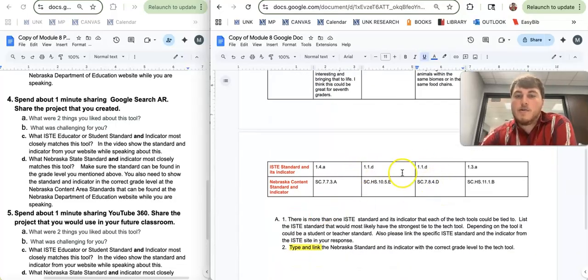So for this one, I used the same ISTE standard as the last one, just talking about emerging technologies and students being able to use that effectively to foster their own learning and to create better environments where they can truly learn. Then I connected this to